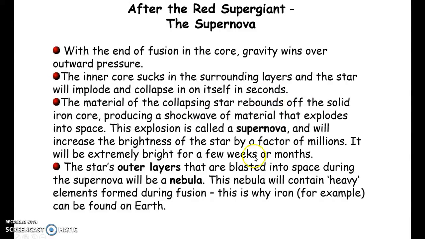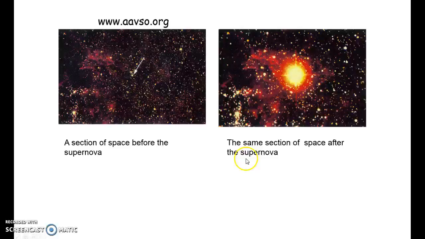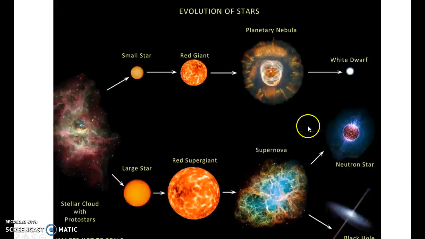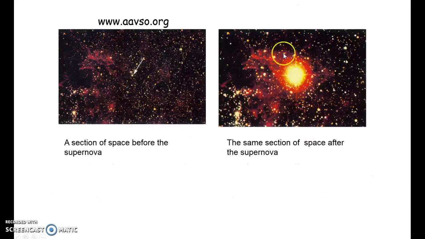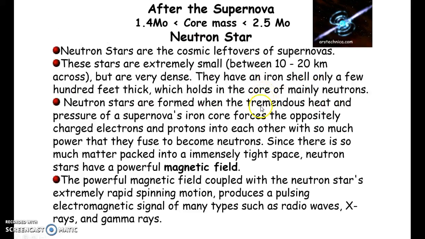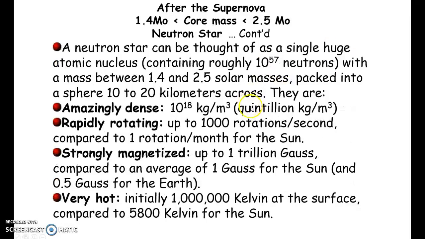All right, the brightness of it, once again, the outer layers are blasted into space, blast its guts out into space. That's what it talks about. And so it burns. It's really, really bright. Here's a picture before and after of a supernova. And then what's left is a neutron star, extremely dense. It's about the size of, if you think of New York City, it's like the size of New York City, but it is